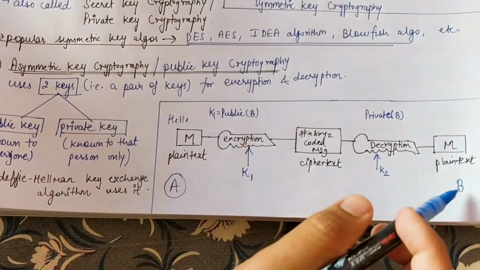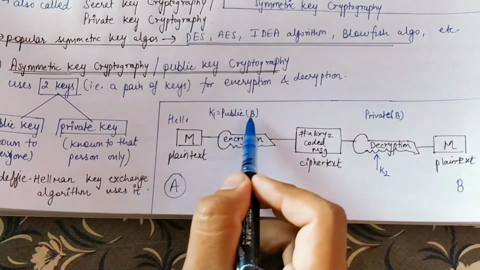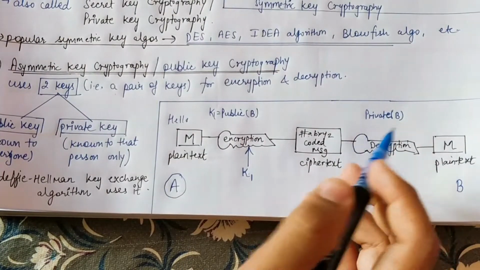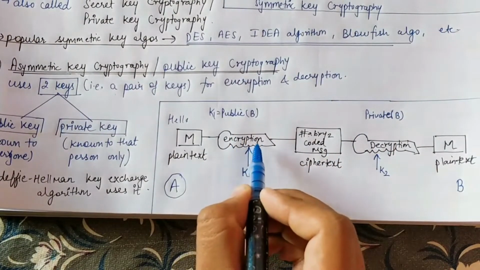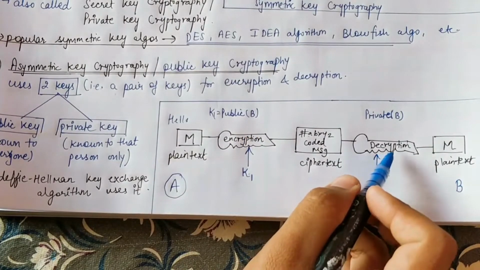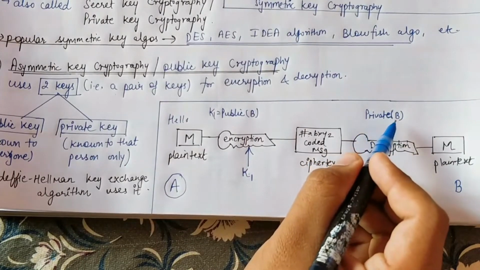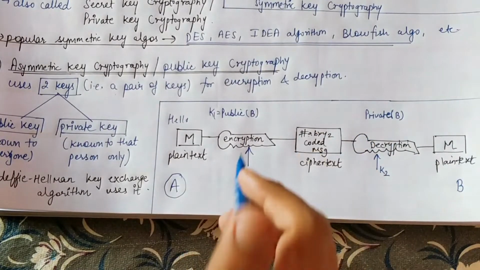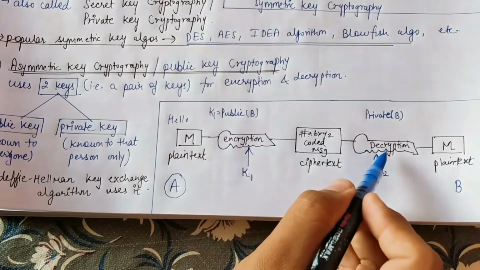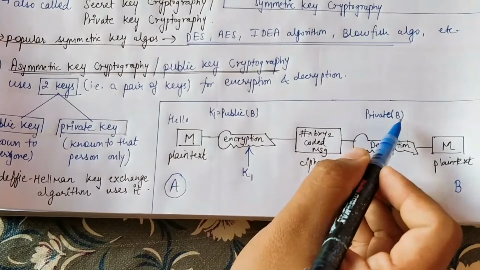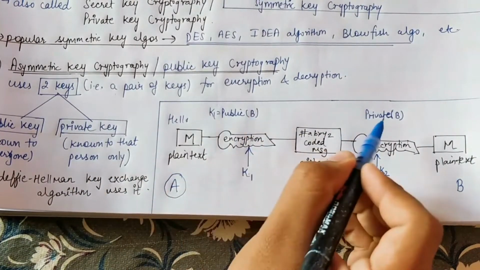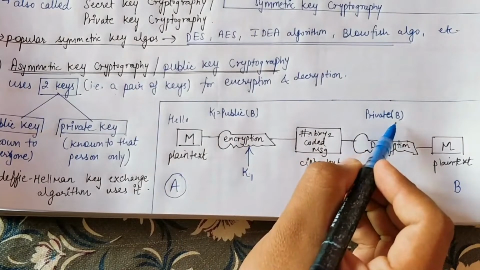We are sending a message to B, so if we are using the public key of B, we can decrypt it only using the private key of B. If we encrypt the message with the public key of a user, we can decrypt only using the private key of that particular user. It cannot be that I encrypt the message using the public key of A and decrypt it using the private key of B. That is not possible at all. If you use the public key of B, you will have to use the private key of B only, and nobody else can view this message.